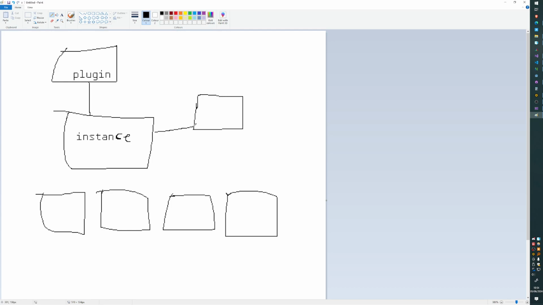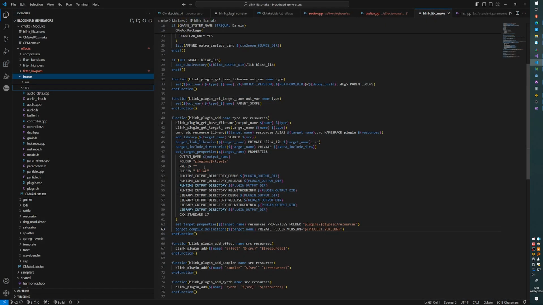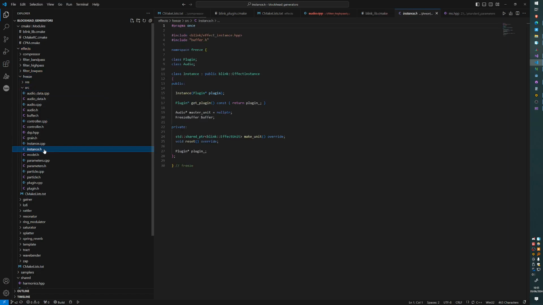This is basically owned by the instance, and there's just one buffer, and then each unit will read and write. One unit is designated as the master unit, depending on which one's at the front of the DSP. That's the one that's actually writing into the buffer, and all other units can read from the buffer. So that's a complication of freeze, and so I'm going to have to be more careful here in porting it over